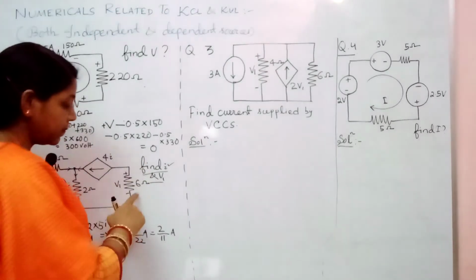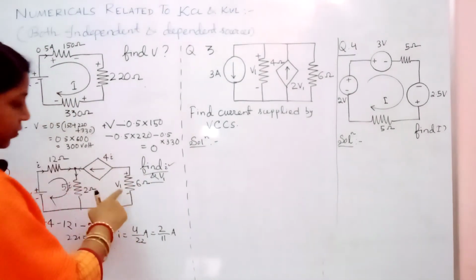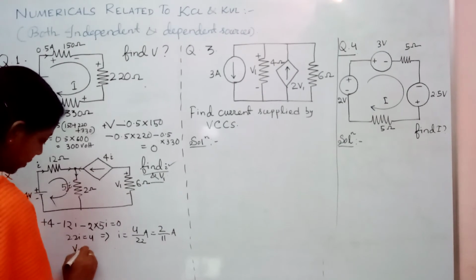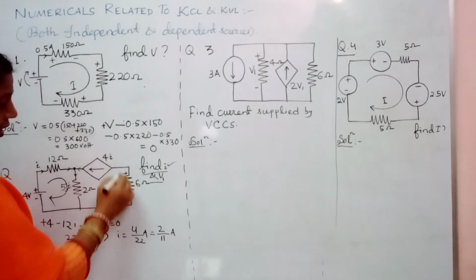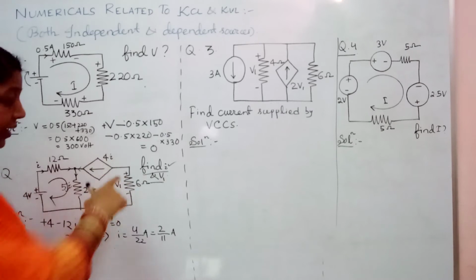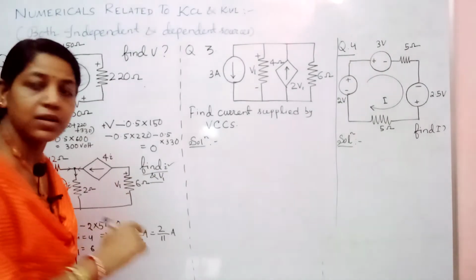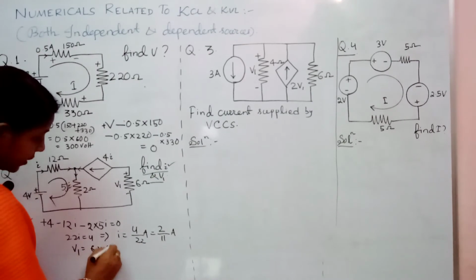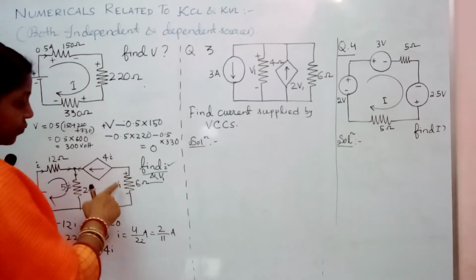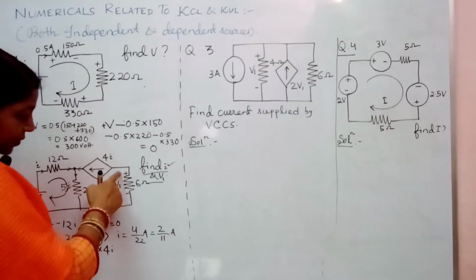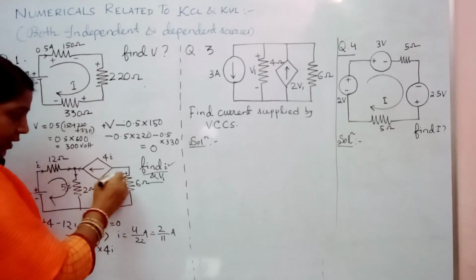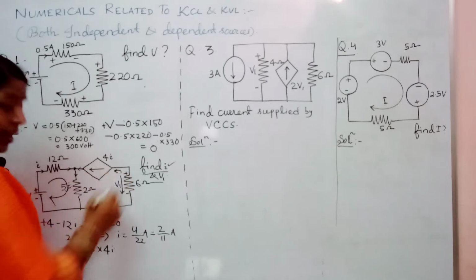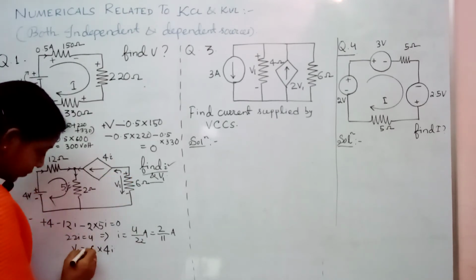Carefully give the attention. Now when you are going to find the drop across this resistor, they are asking V1 equal to 6. Now see what is the current flowing in this branch. Current is not I, it is 4I. Yes or no? So hence the current is 6 into 4I. Second important thing. See the arrow mark they have given asking you V1 positive to negative means current direction should be like this. But it is given in the opposite direction. So hence you have to add one